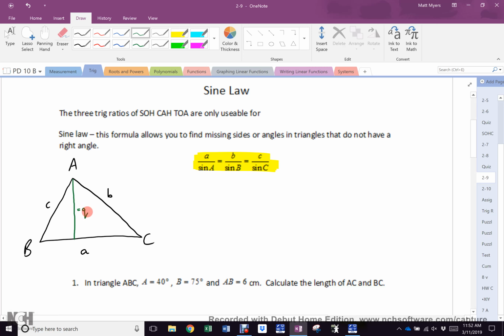Is everybody cool with that? You could have called it any letter you wanted, but you wouldn't use A, B, or C. I wouldn't use O because we've got opposite. I wouldn't use H because we've got hypotenuse. So I'm going to use Q. Is everybody okay with that? Now,